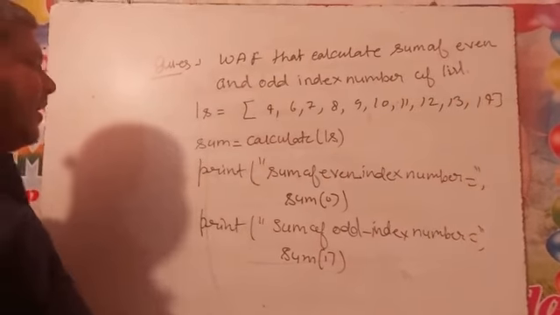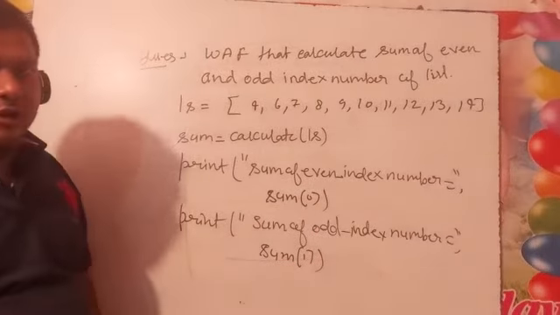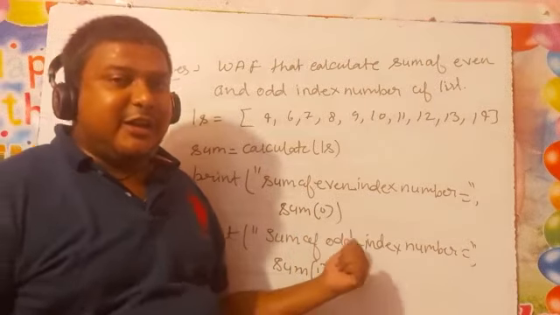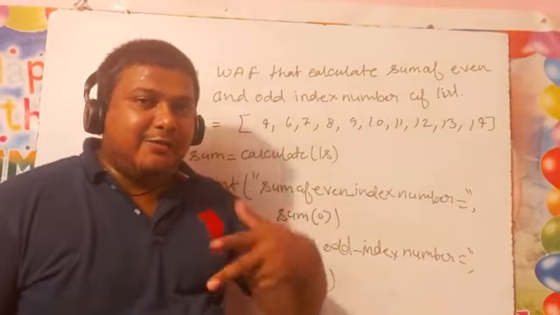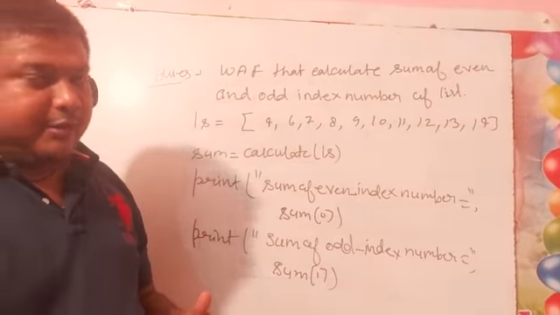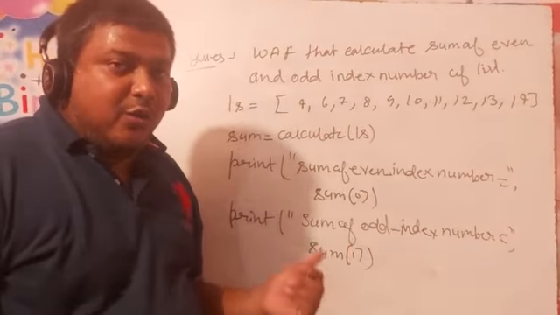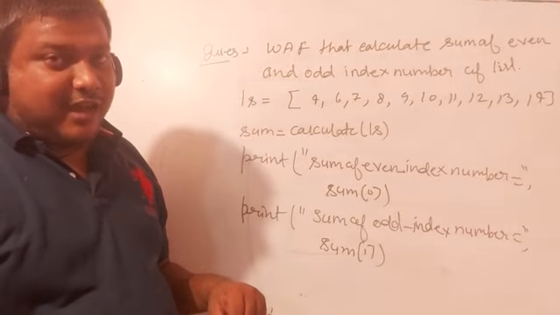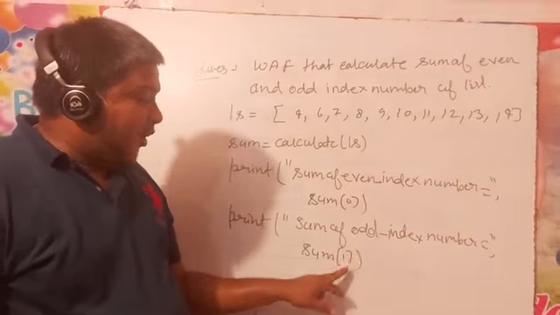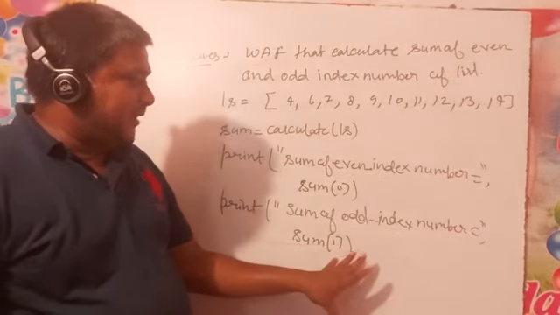Now you are thinking, here I have taken only one variable, so why am I passing the index? Because in the previous video I told that whenever we return multiple values from a function, the compiler will send them in the form of a tuple. That's why I can access them: at the first index I returned the even value, and at the next index I returned the odd value. That's why at 0 I accessed the sum of even numbers, and at index 1 I accessed the sum of odd numbers. Thank you. That was today's program.